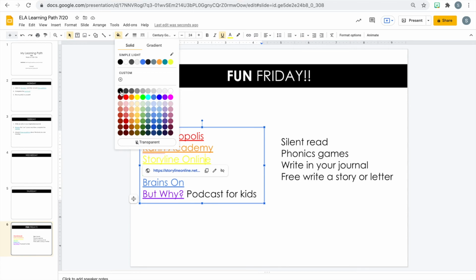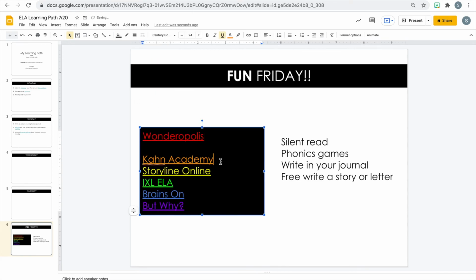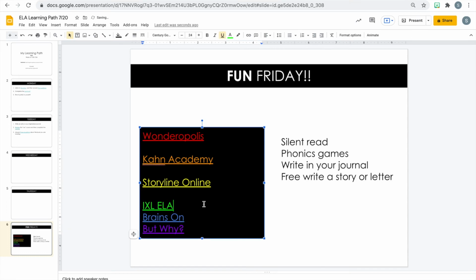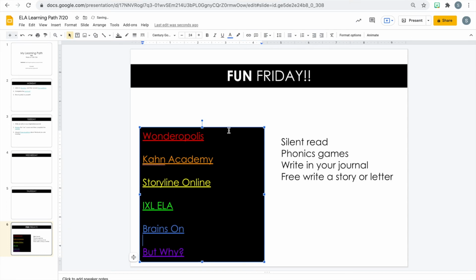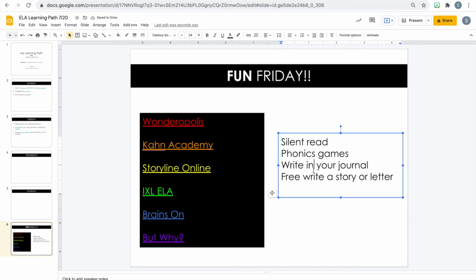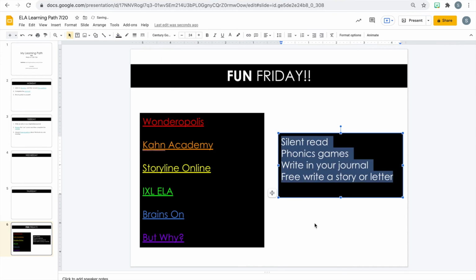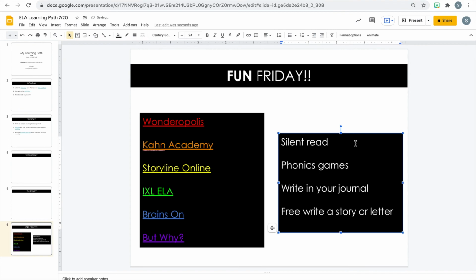So maybe we'll help it match. We're going to do black in between. You can also put spaces between them, and that will also help them kind of stand out a little bit and help you see the text a little bit easier by adding more spaces. And so we can do the same thing over here too. If we wanted to do another fill, we could just change the text to white and then fill the box black so it's all matchy. I know I said I wasn't going to do this. I'm a liar. Okay, and then this is just activities that they can do in the classroom